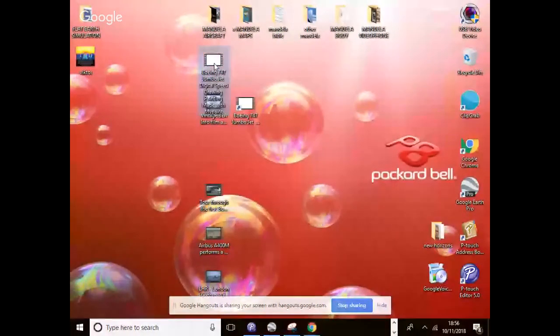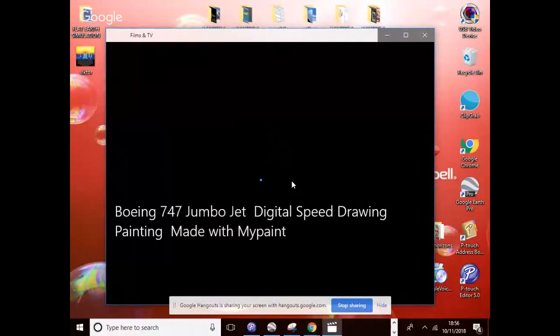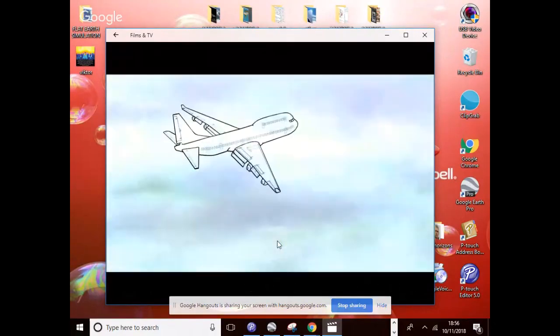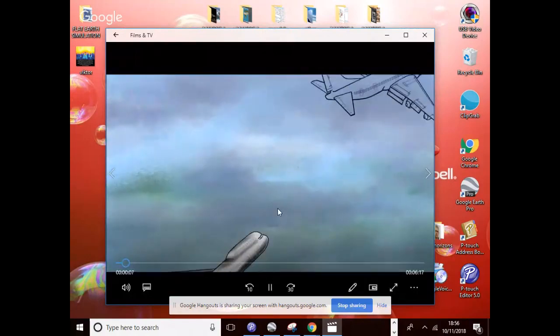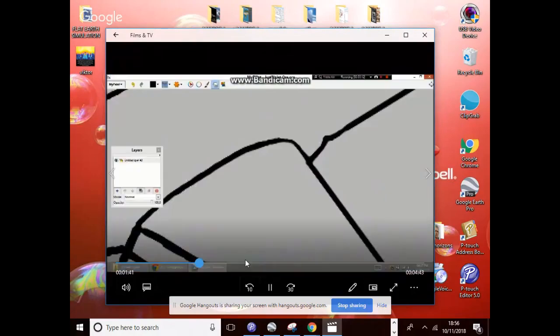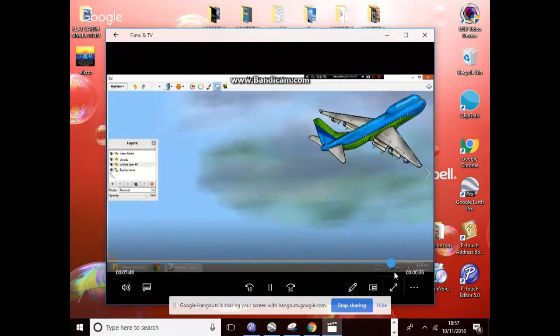Jumbo jet. Now I'm going to wind this on to the end. This is a digital drawing of the jumbo jet. This is what we'll end up with. I'll move it to the end and you can see the finished article.